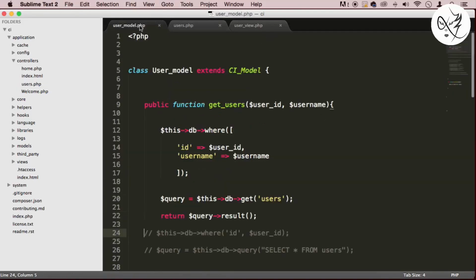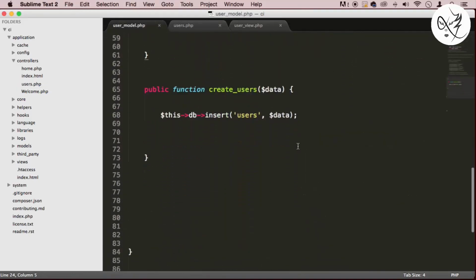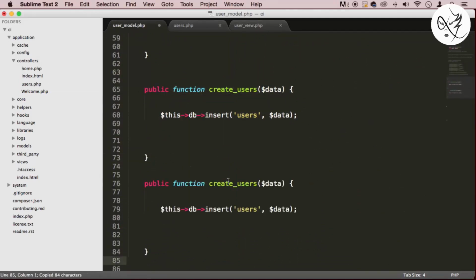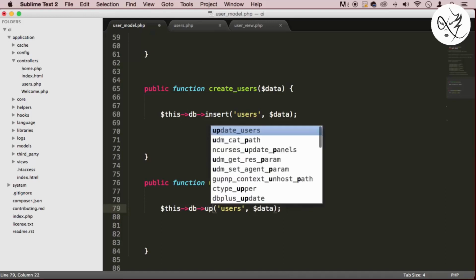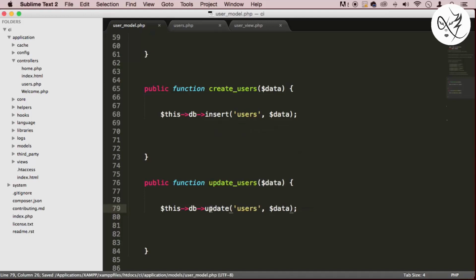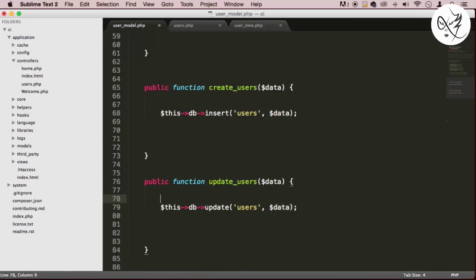So let's go to the user model right here where we have the create users. I'm going to copy all this and paste it right here. I'm going to change the name to update users. All right, perfect. And then here, instead of this, we will say update users. So update in the users table with the data. But we also need a where statement. So we're going to say this, db where,